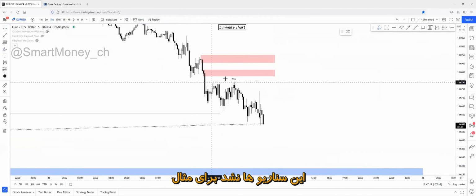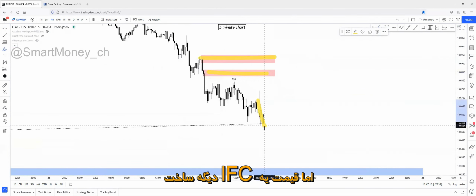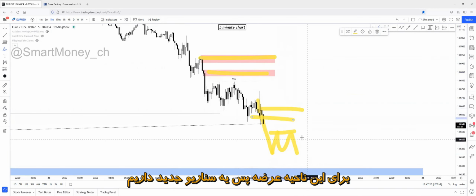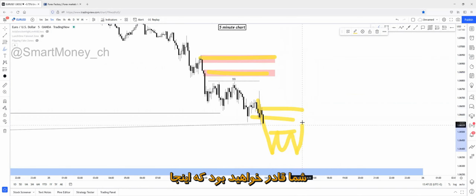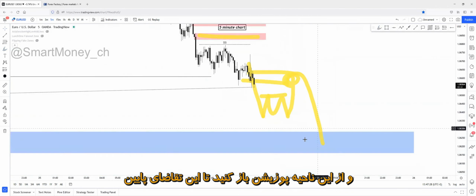If neither of these scenarios play out, so for example, this isn't being tapped, this isn't being tapped, but price creates another inefficient break of this structure right here to the downside, creates one more liquidity for the supply zone, then there will be a new scenario. You'll be able to enter on this zone that has created the last recent breakout structure, and you'll be able to enter in a trade from this zone down to this demand zone.